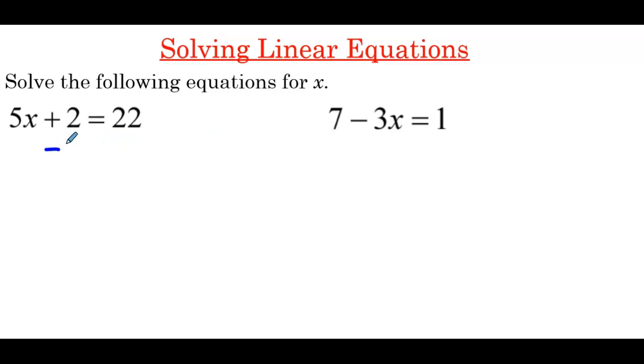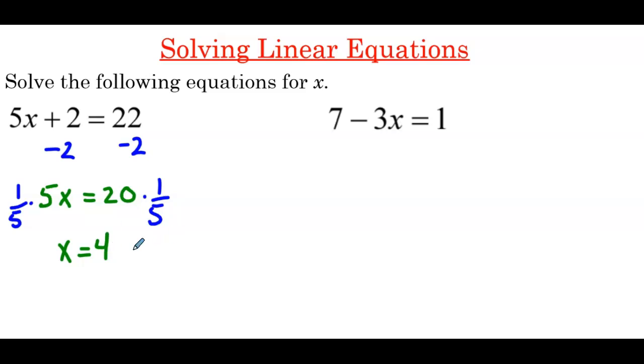So we're going to start by subtracting 2 on both sides of the equation, and that's going to give us 5x equals 20. And then we're going to multiply each side of the equation by 1/5. And that's going to leave us x equals 4, which we can also write with our curly brackets as 4